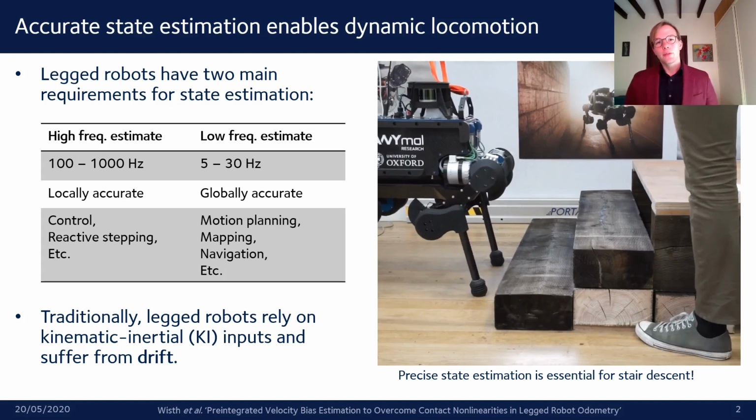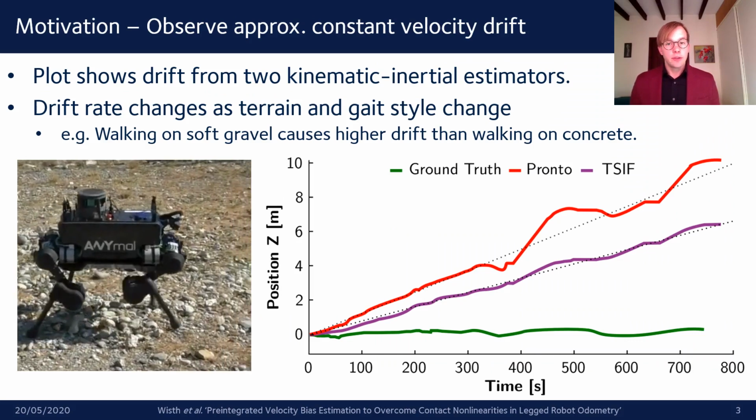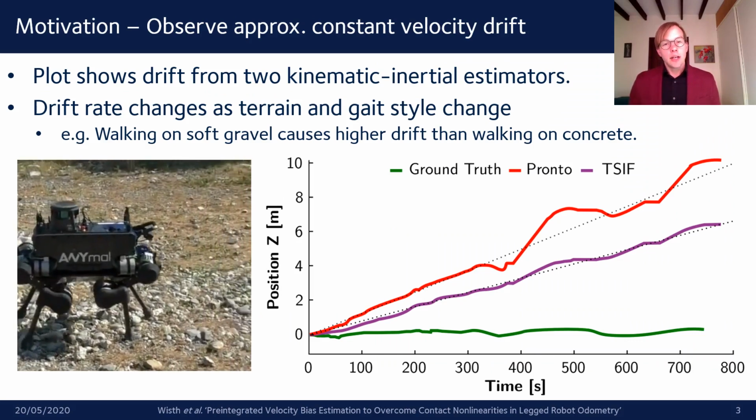Traditionally, legged robots have relied on kinematic inertial inputs for their state estimation. However, this tends to suffer from drift. As the robot walks, state estimators accumulate drift. The plot on the right shows the accumulated drift from two different kinematic inertial estimators. As the robot walks over different types of terrain with different gaits, the drift is approximately constant with the same